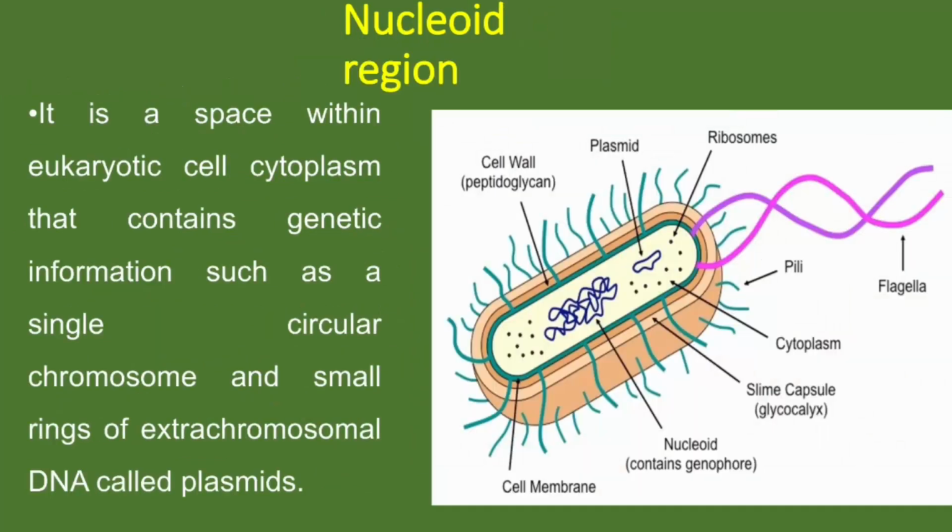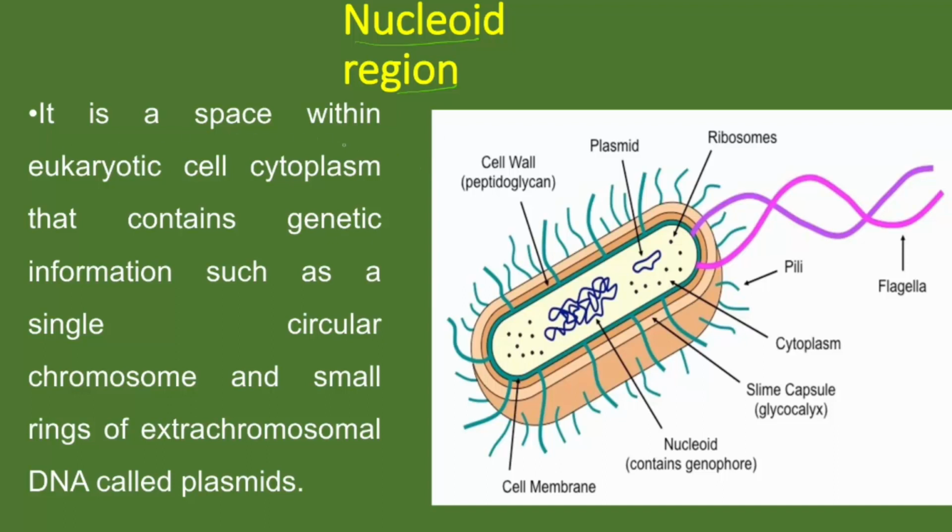Fine. So the next portion is the nucleoid region. Here in the prokaryotic cell, there is no specific or specialized or developed nucleus. So there is a region in the chromosome which is known as the nucleoid, because the prokaryotic cell has a circular chromosome, and the chromosome lies in the cytoplasm. It is a somewhat coiled structure, and this region is known as the nucleoid region.